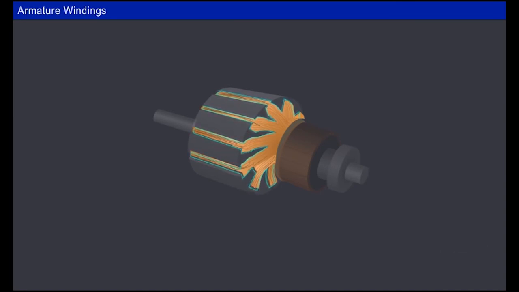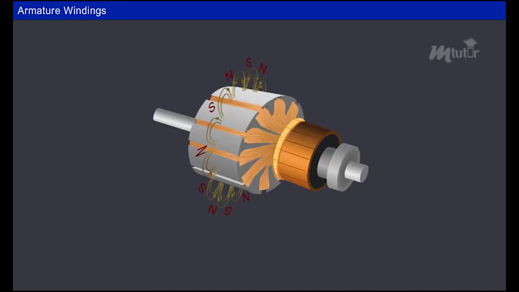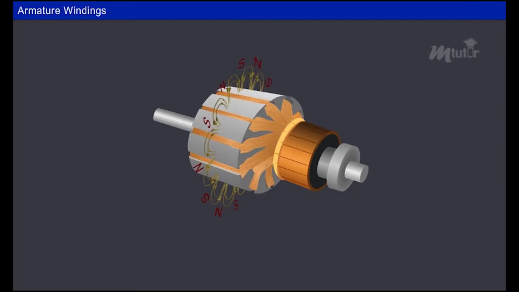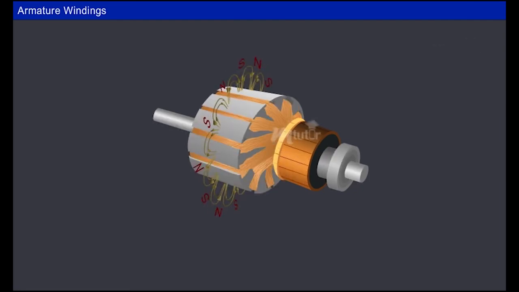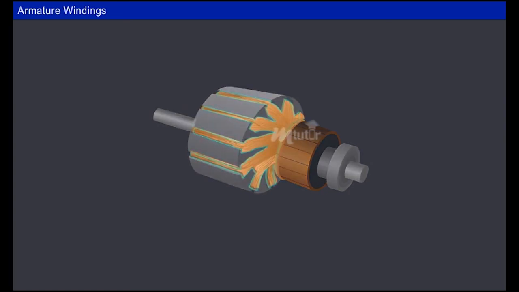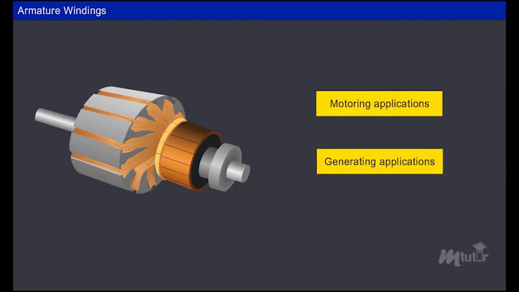These armature windings are nothing but an arrangement of current-carrying conductors to produce EMF in the machine due to the relative motion between the windings and the stator magnetic field. Thus, these windings play an important role in the operation of an electrical machine as a motor and as a